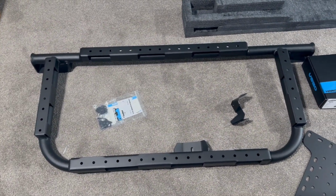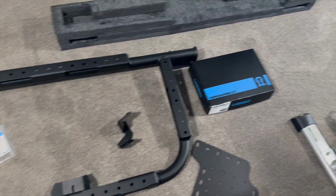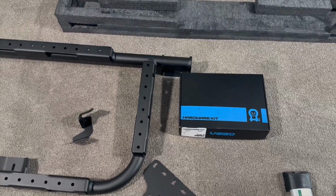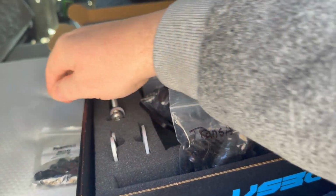Now in today's video, I'm going to be installing the Alvan's B2 carrier on a Ford Transit. I'll leave a link to the video where I unboxed it and inspected it for damage and all that. So looking in the hardware box that they send you, you're going to have a bag